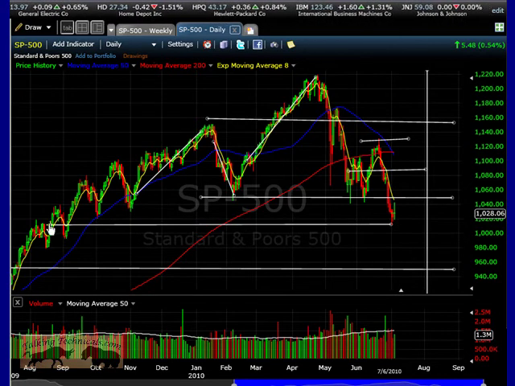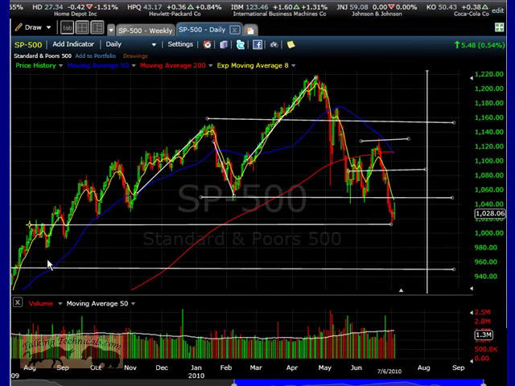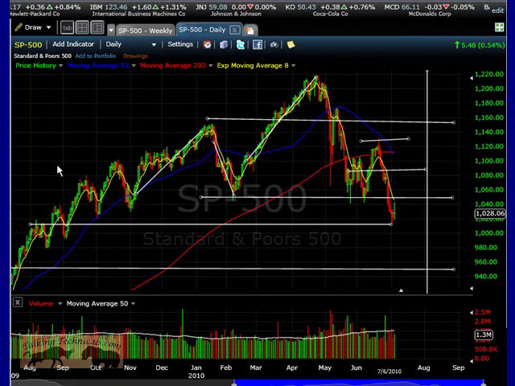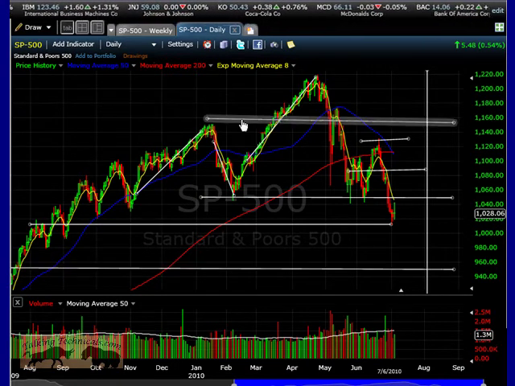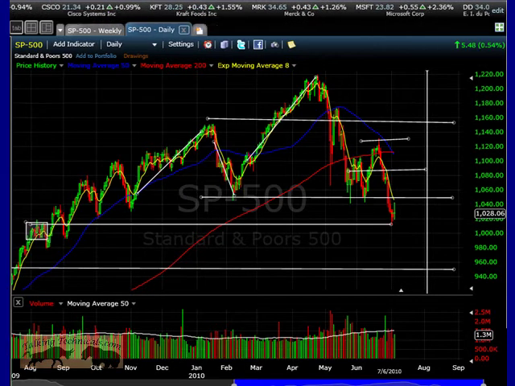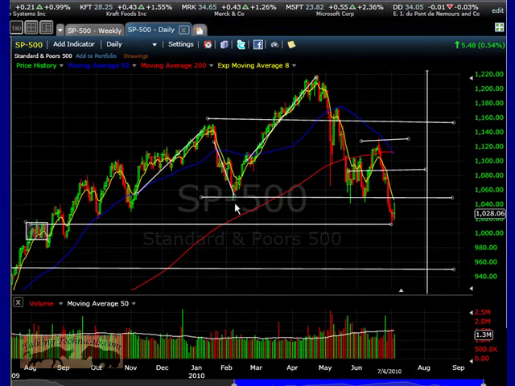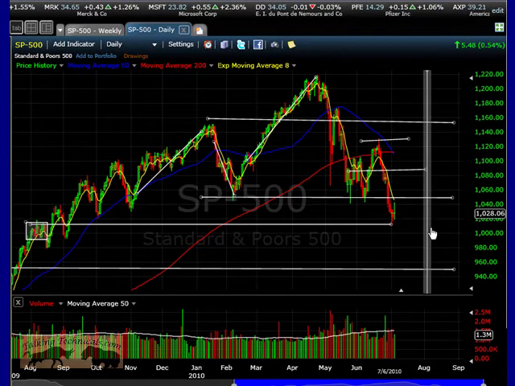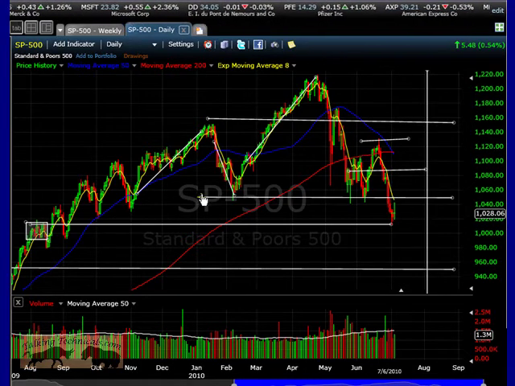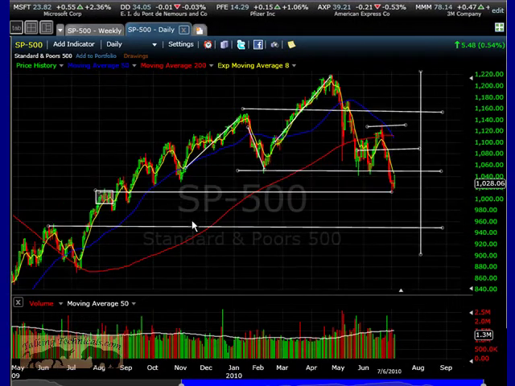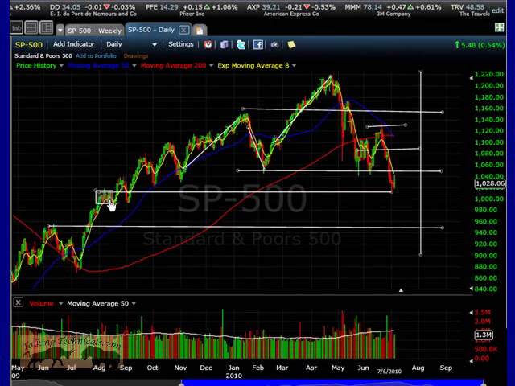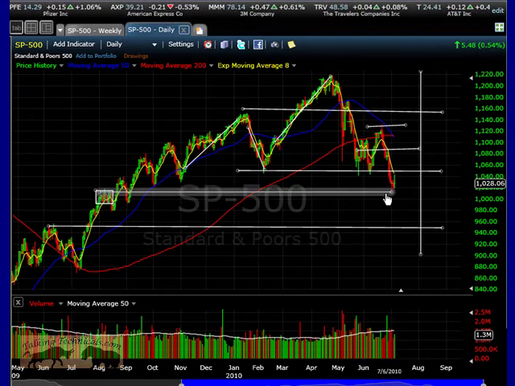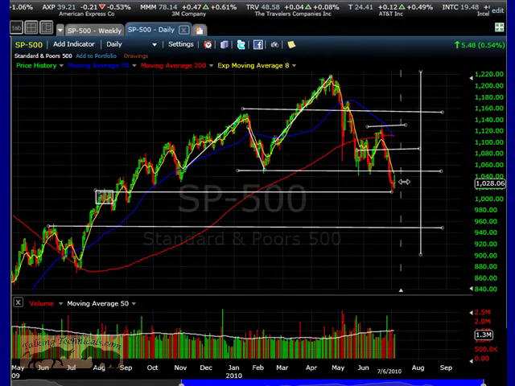So they should be knocked out now and should not be an issue in the future. So assuming this previous support holds as resistance, which I think it's going to, this support level, which was weak because it had already tested it, should be basically out of the equation for now,